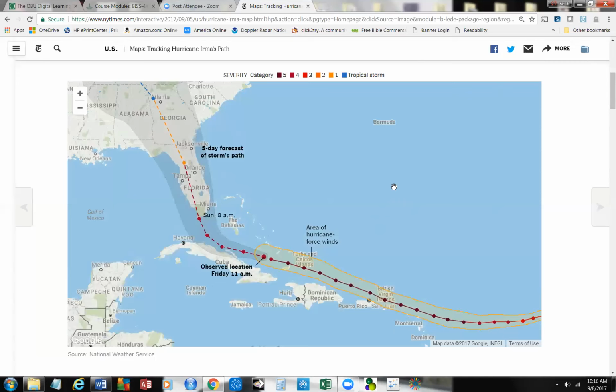Okay, and you can see this is just like a series, and it shows you at what category that thing is. And when it hits the blue, now it's a tropical storm because it's over land. It doesn't have the fuel source, which is hot water, basically, to swirl up and build up that energy that gets expelled. Now, this is based on predictive models, and those predictive models are data drawn from databases,